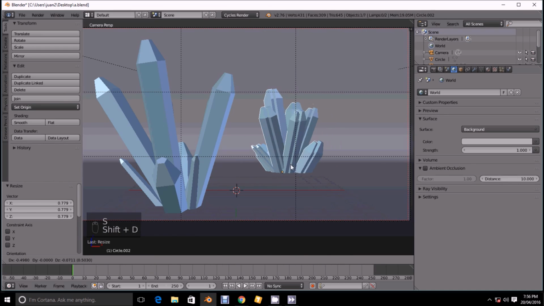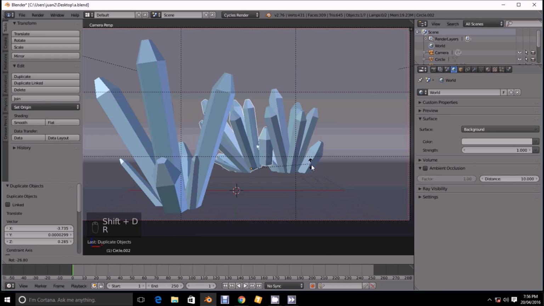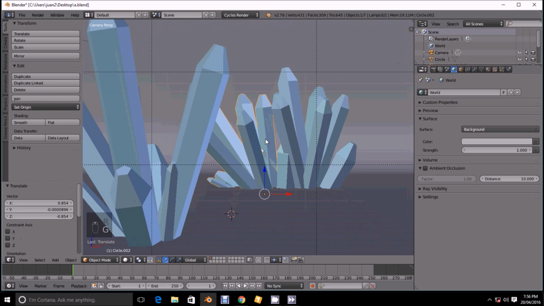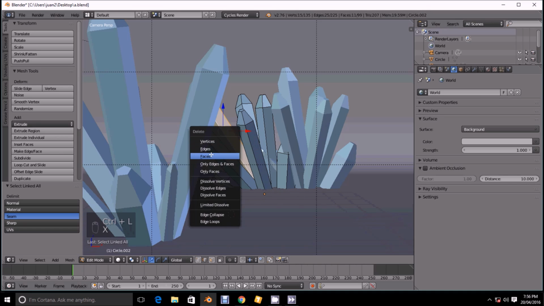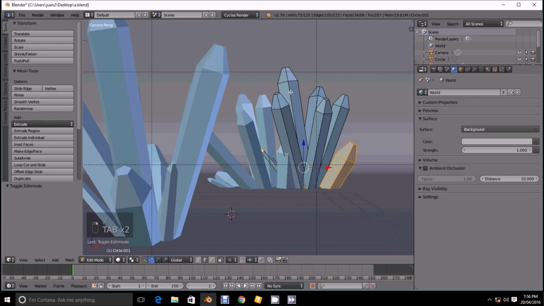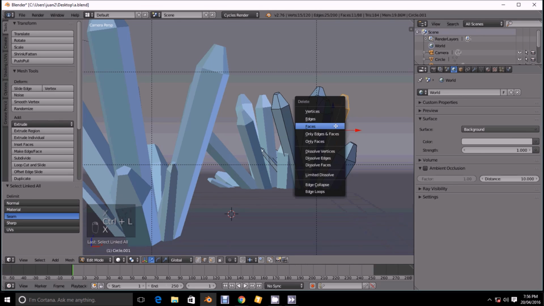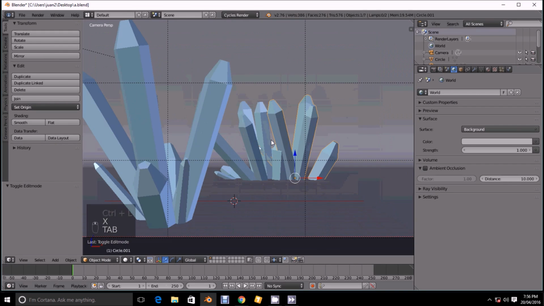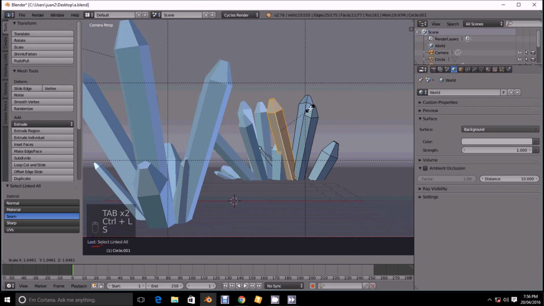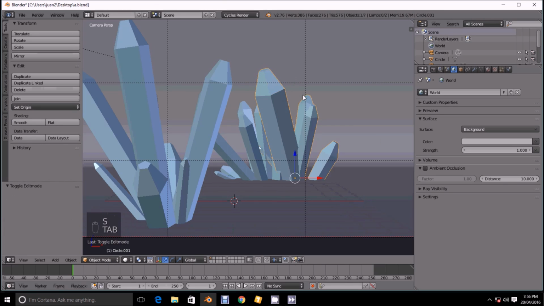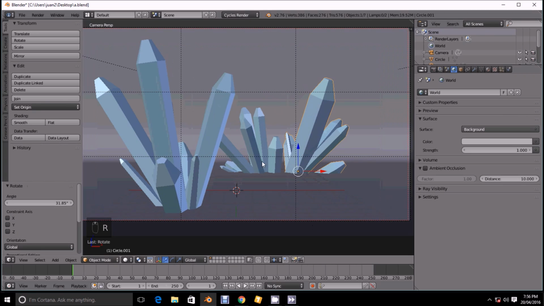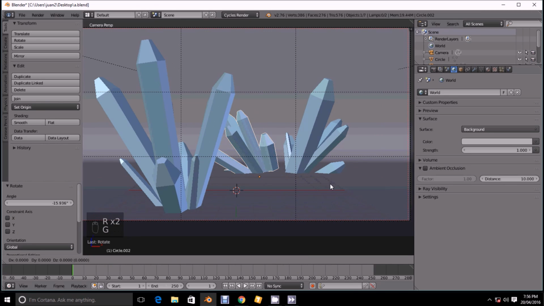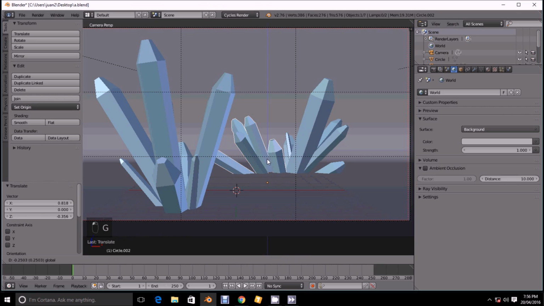I'm going to shift duplicate, move it here, rotate it, bring it down, and I'm going to go to edit mode. I'm going to Control L, X, delete those faces, go select this one, and I'm just going to essentially delete a few of these to make it look a little bit different. Maybe Control L, size this guy up a bit, like so. That's awesome. This kind of reminds me of those old StarCraft minerals, you know, that the little workers collect. Anyway,